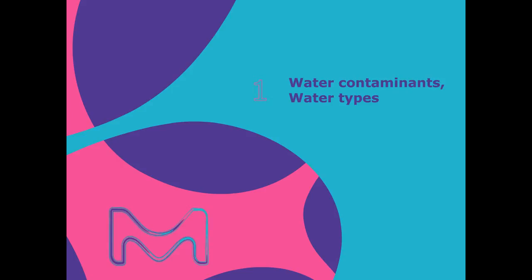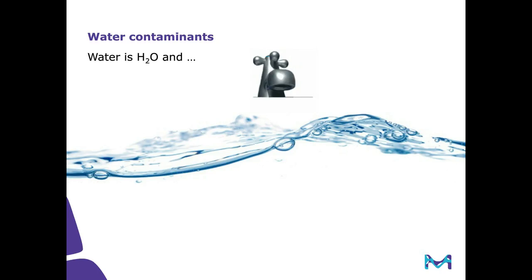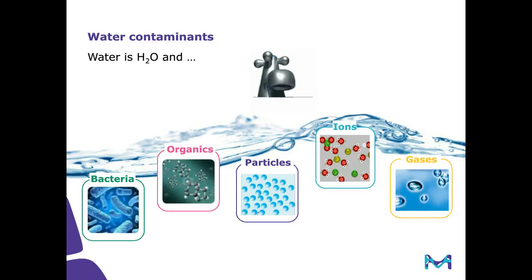All right, so if you think about what's coming out of your tap, of course, it's mostly H2O, right? It's mostly water. What else is in there? Well, we group them into different families. So the first family I would like to talk about is bacteria. Of course, in your tap water, there are no dangerous bacteria, right? Because it is treated so that it's absolutely safe to drink.